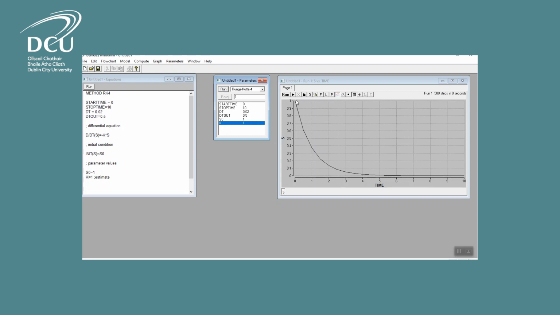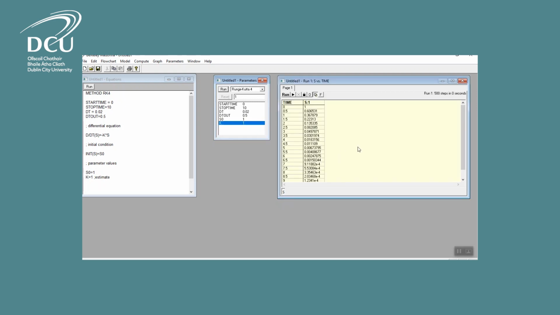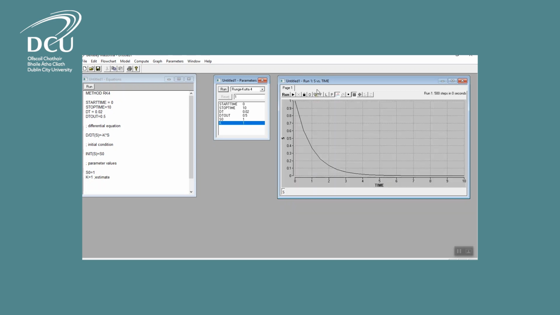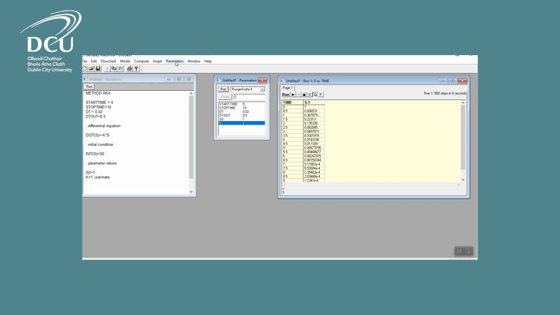And there's what S is, okay? With a value of k equal to 1. And there we go, in tabular form. So what I'm going to do now, I'll leave it in tabular form, is the curve fit,